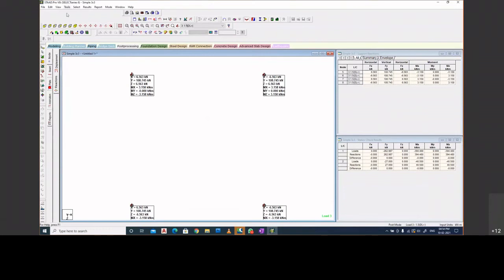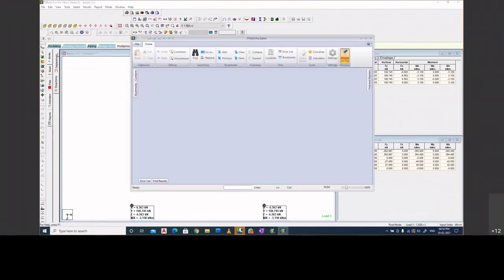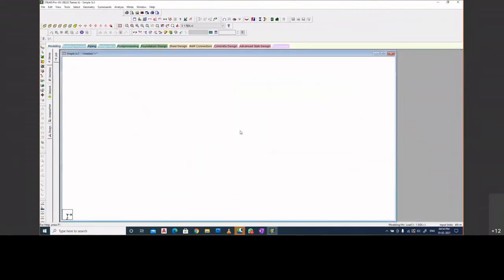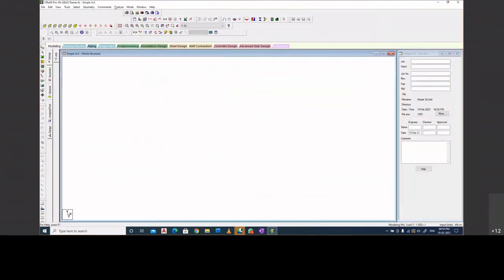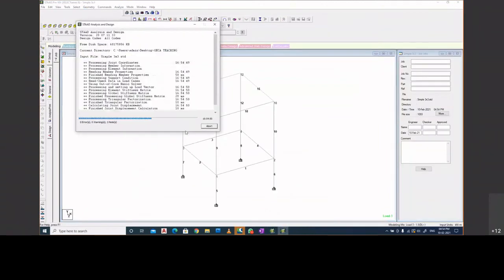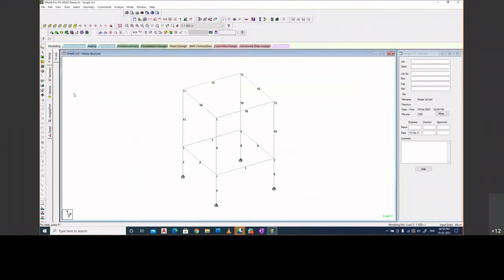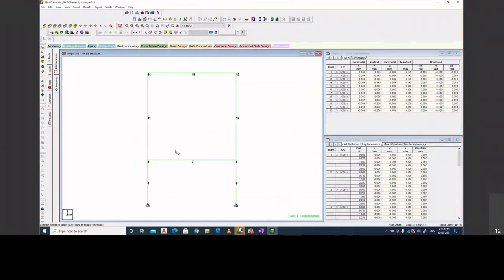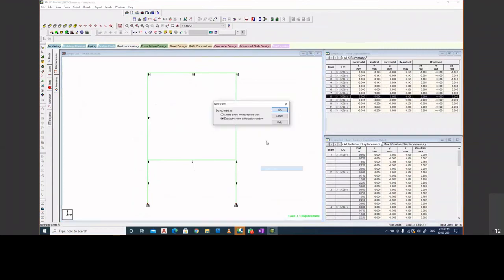But mind well, as you might be very much aware, as we did last time, that we need to change the density of concrete to 25, which STAAD doesn't take on its own. The default value with STAAD is 23.56. So let us make it 25 and rerun the analysis. Whenever you change anything in the model, the results are no longer valid and you'll have to go for reanalysis. So let us take 1.7 dead load, apply, OK. Come to the front view. Let me just very quickly take these nodes, right click, go for a new view.